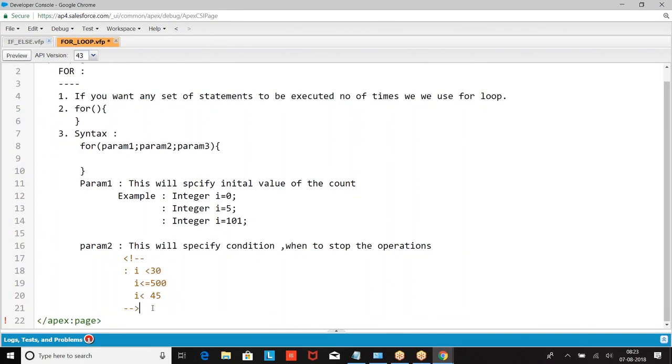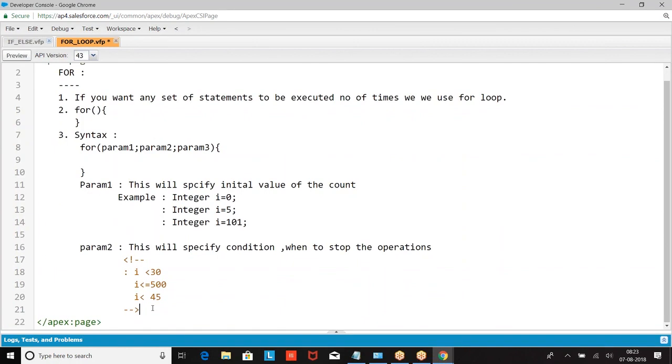Now you are counting 1, 2, 3, so incrementing by 1. Or 1, 6, 11, 16: incrementing the count by 5. Or 10, 20, 30, 40: incremented by 10. So how are you incrementing? The param 3 is called the increment. This will specify how the count changes.